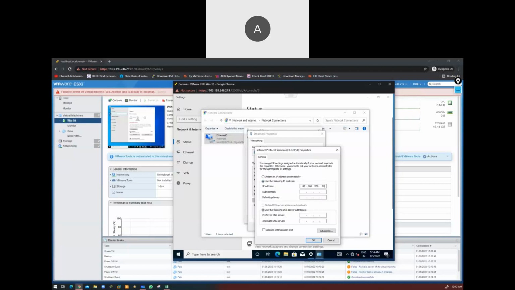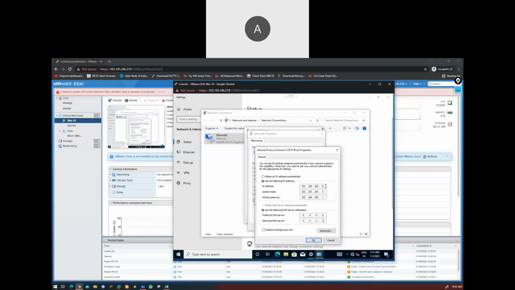192.168.200.21. I'm using 21. You can use 22, 23, 24, etc., till 254. Now this is the gateway that you have to provide, and the DNS server IP address 4.4.2.2. Same settings you have to do on your machine.